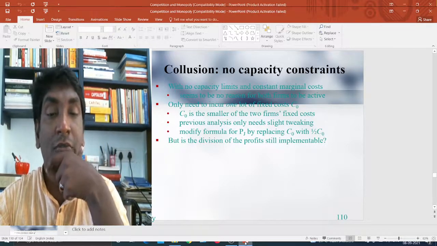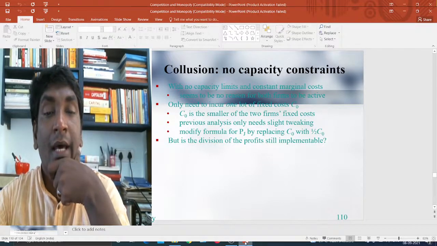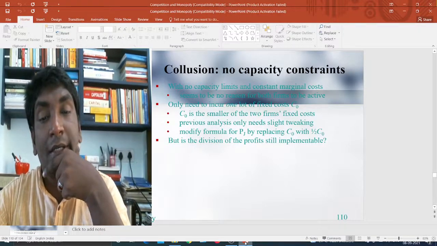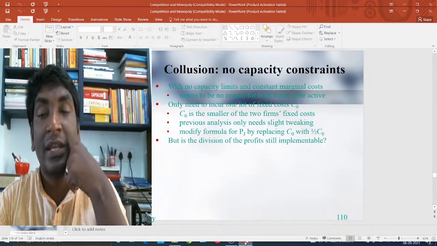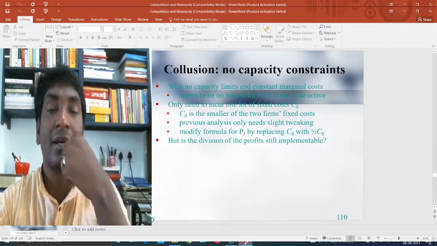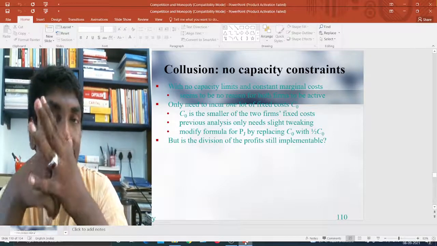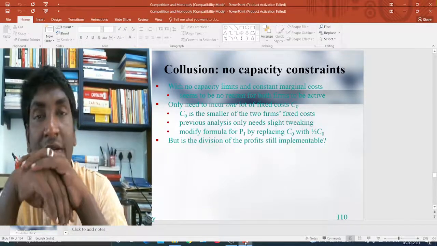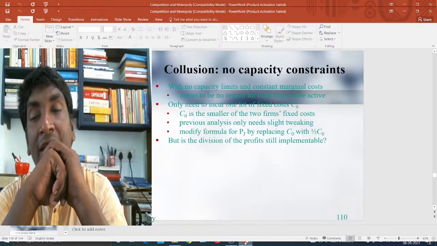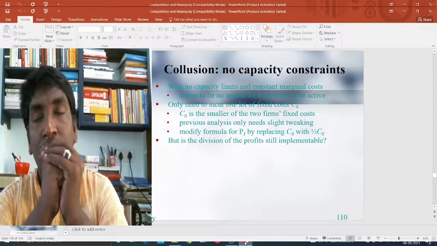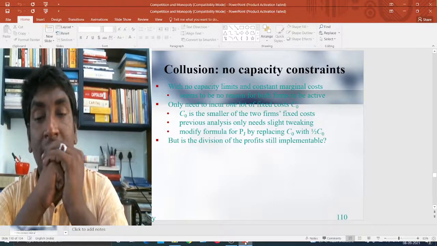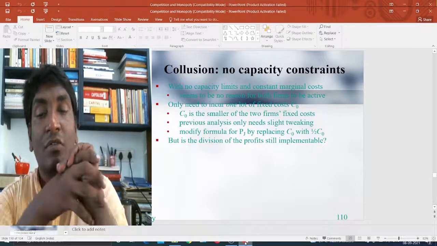Only one needs to incur the fixed cost Z0, the smaller of the two firms' fixed costs. So the previous analysis only needs slight tweaking. You get modified formulas for PM by replacing C0 with 1/2 C0 or Z0. But is the division of the profit still